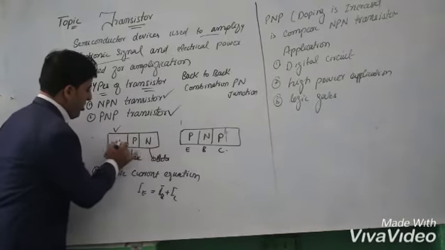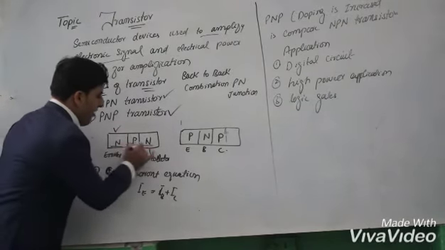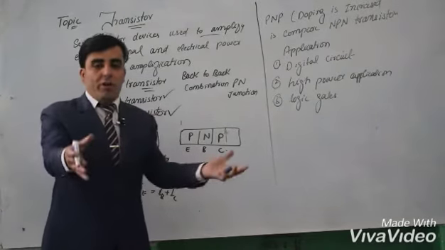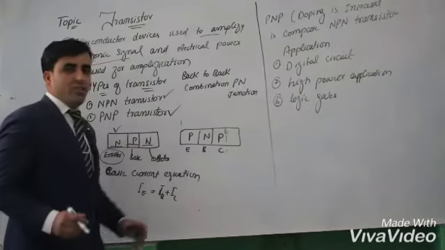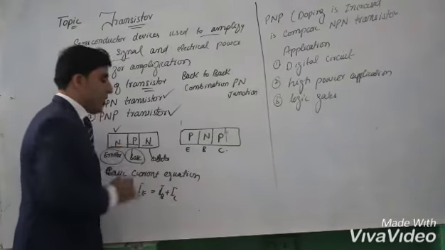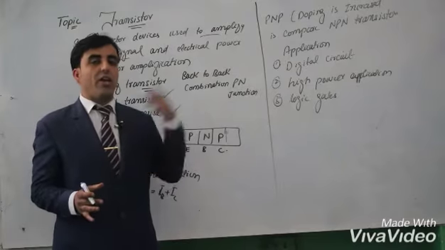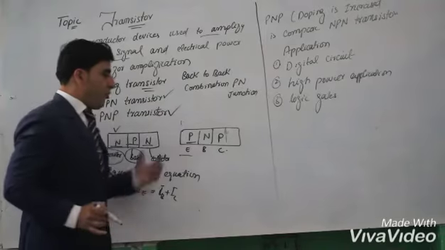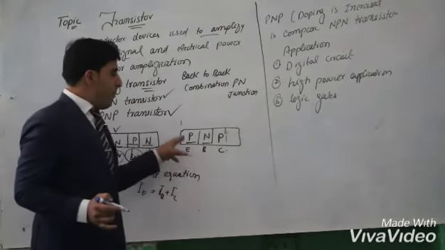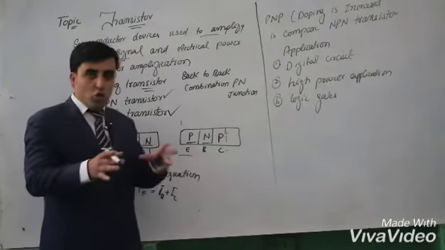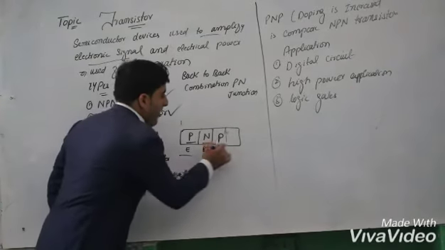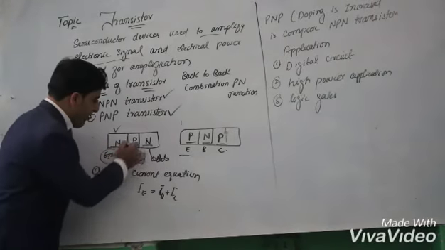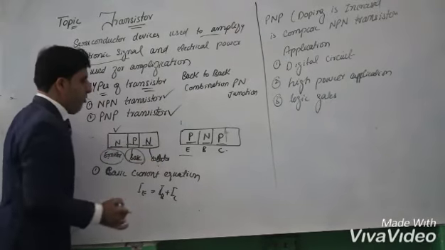Right, the NPN transistor. NPN, right? What will happen? It will show the emitter where the electrons are emitted, and then the P region is shown for the base, where the doping is also decreased as compared to the NPN transistor. In the PNP transistor, the P is the emitter in front of you and N is here, and the base will show how it is connected in them. And then P is also utilized for the collector. Right, N is shown for the emitter, P is shown for the base, and N is shown for the collector.